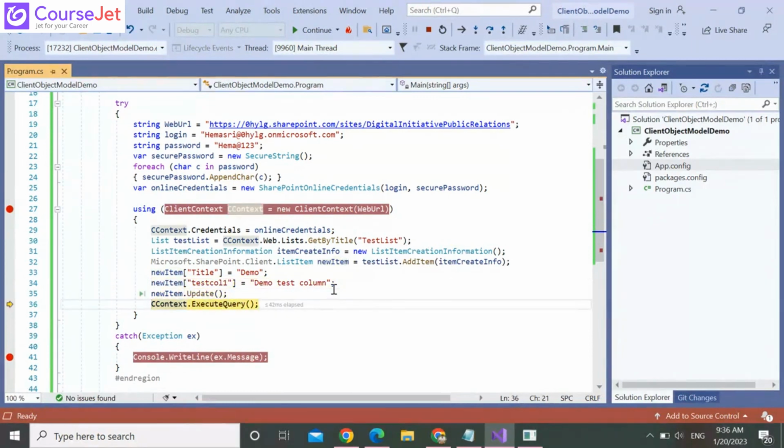Here all the functionality will communicate with SharePoint.